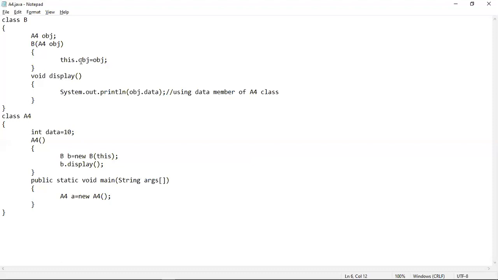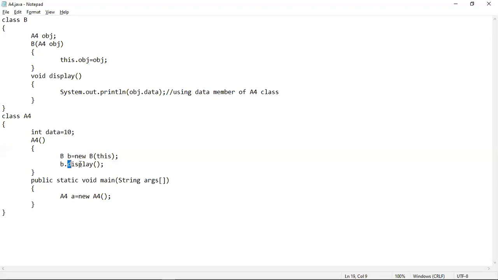This dot obj, that means this obj, which is this instance variable as well as a reference variable, is equal to obj, which is a actually, means that obj is also referring to the a object in memory. That means whenever we are dealing with obj.data, actually we are dealing with a.data, because obj is also referring to a in memory. So obj.data means a.data. Now using a, we can easily access this data. So actually obj.data means a.data, which is 10.